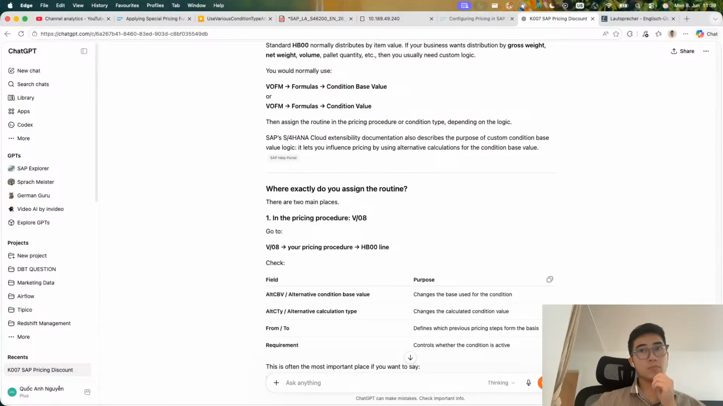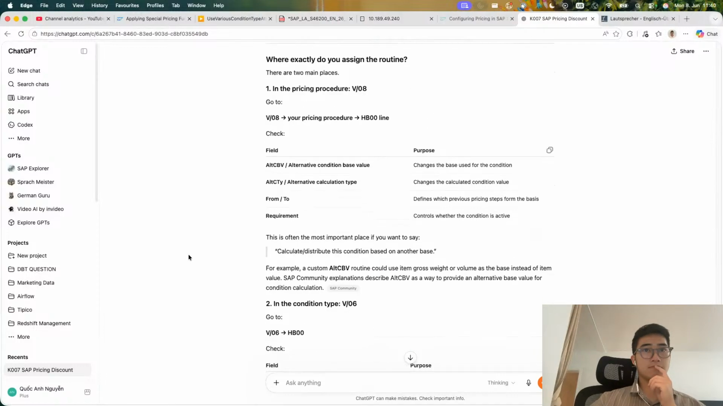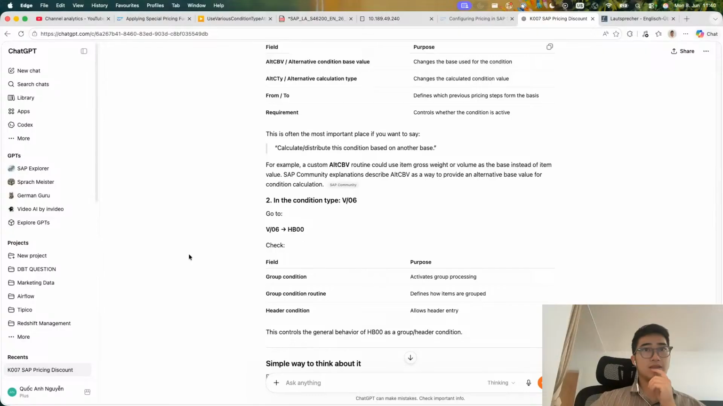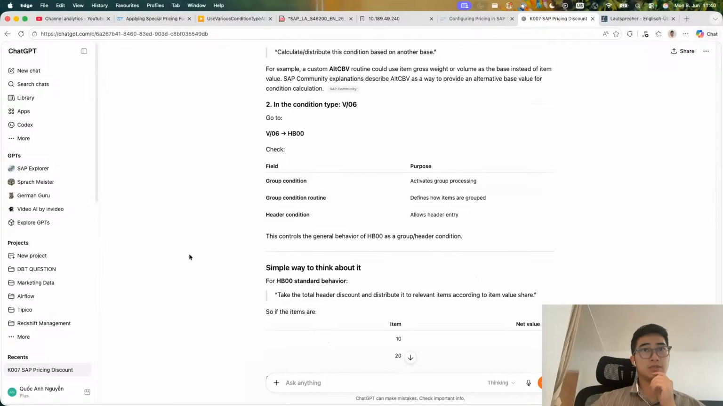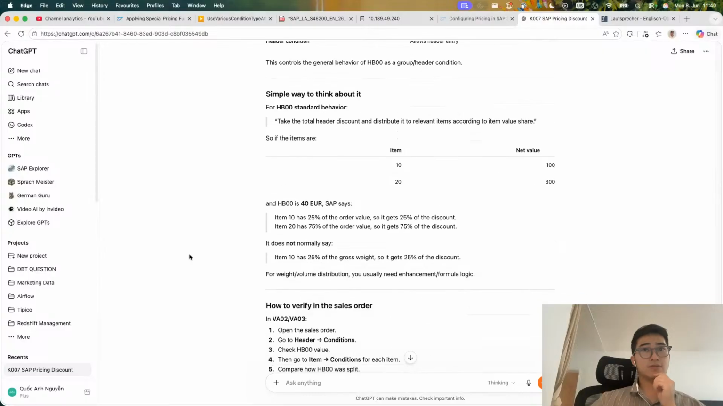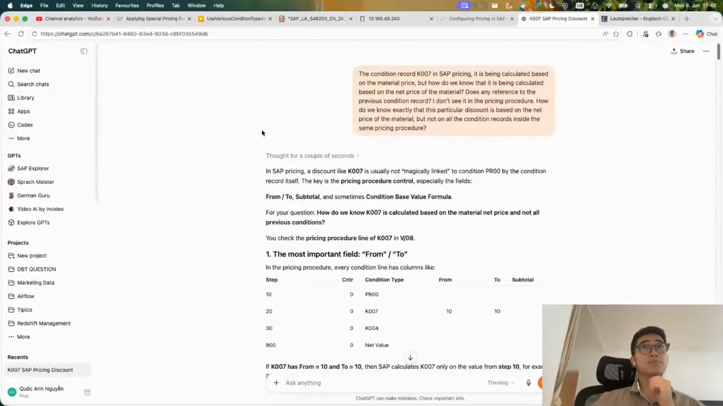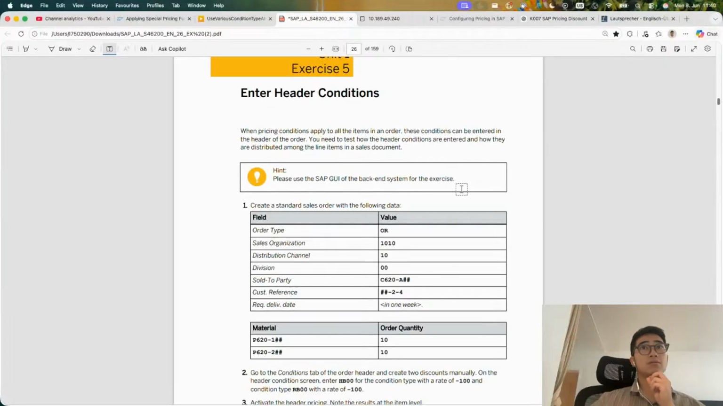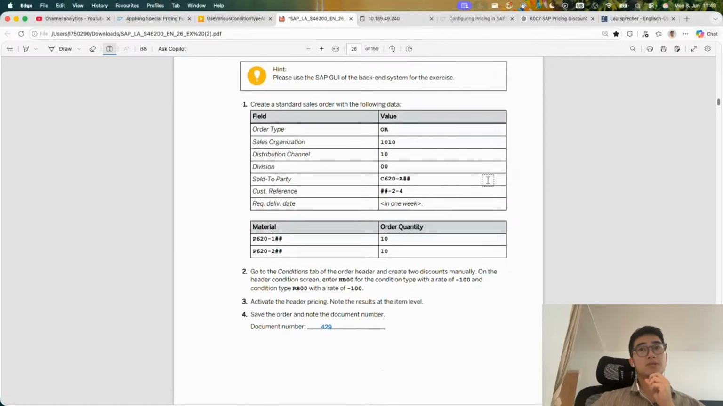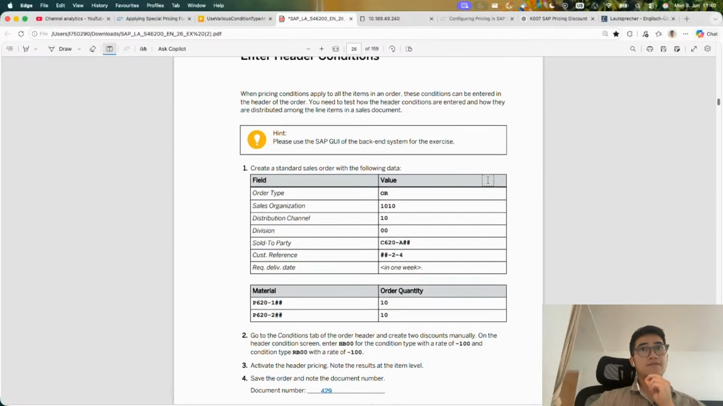Okay, so I think that they are using an alternative condition base value for that, and then they are going to activate the group conditions and so on. And afterwards, they are not going to calculate it based on the net value. All right, maybe a little bit far away from our actual topic today, but at least